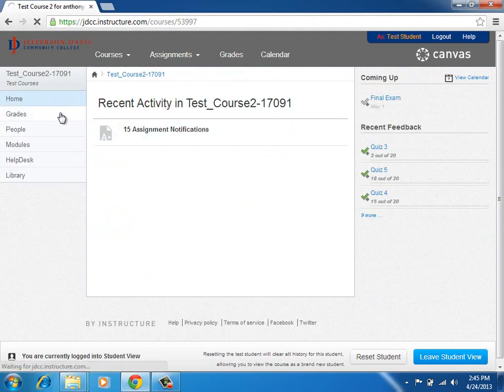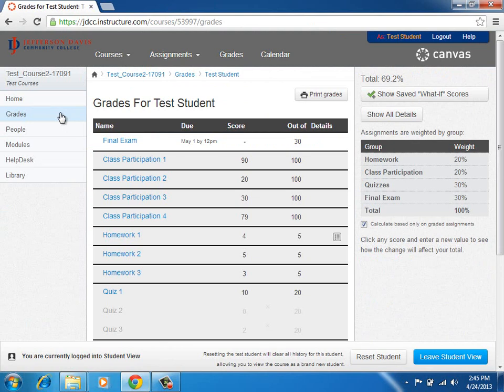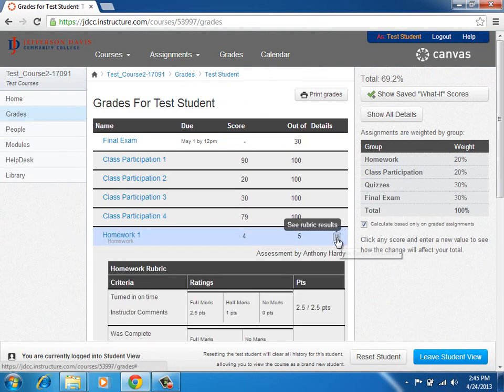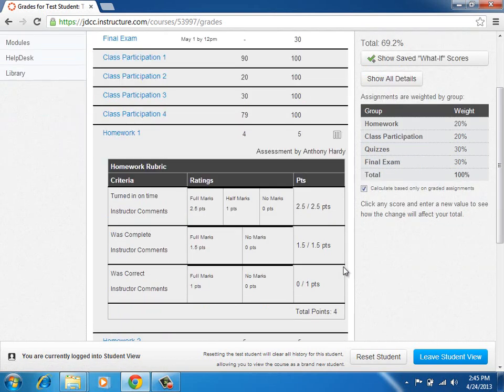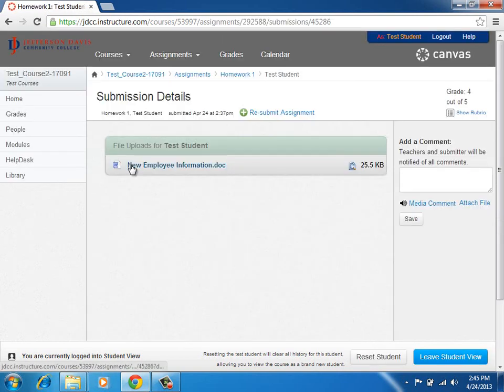The grade didn't change, so I don't see anything specific, but I can tell that I have a rubric here, so I can see my evaluation, I can see the rubric, I can see if there are multiple instructors in the course, I will see which instructor actually gave me that grade. And if I click on the name of it,